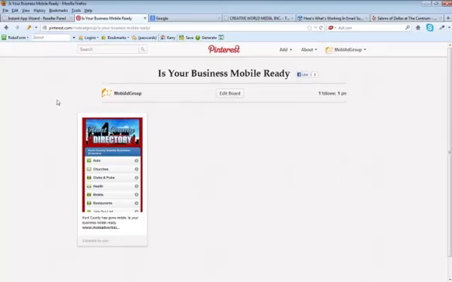You can see here, like I say, I just built this. I'm going to work on it and see how it goes, and I'll show you how it goes as I build it. But Pinterest is a different animal. I'm very familiar with Facebook, I'm not very familiar with Pinterest, but it's a place where a lot of people are going. It's a growing venue for you to go out and do a lot of passive marketing.